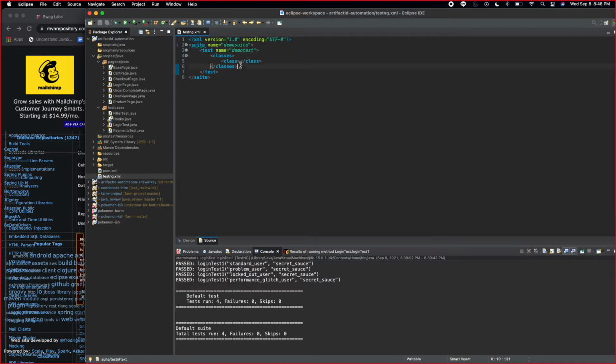Okay. And now under class, give it a name. But for this, it's fully dependent on where you put your test case. What I mean by that is, at this point, the name of your package is important, right? Because we all started the same. We started the basic Maven project, right? They gave us the path directory leading up to it. What I mean by that is, if I open this up,